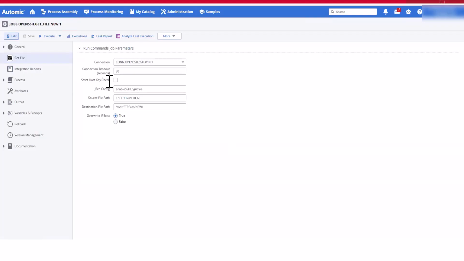Similarly to the previous job, it requires the connection details, a connection timeout, optionally the strict host key check as a security measure for strict host key checking. The next field is the JSCH config field, where JSCH is a library used by the OpenSSH agent. Now, we come to the specific fields for the get file jobs. The source file path field, which defines the path of the file you want to transfer from the remote machine. For example, we use here